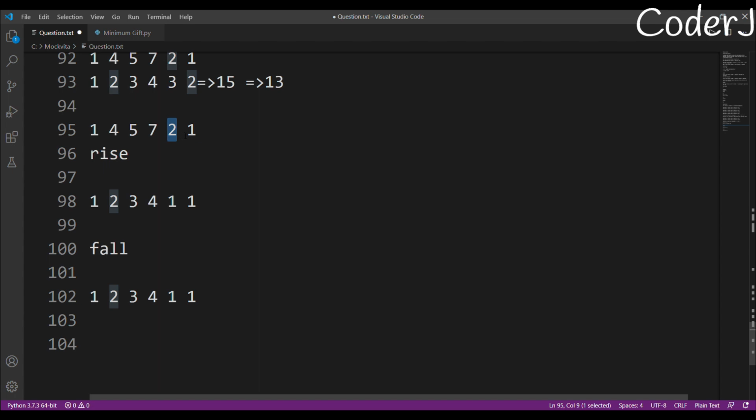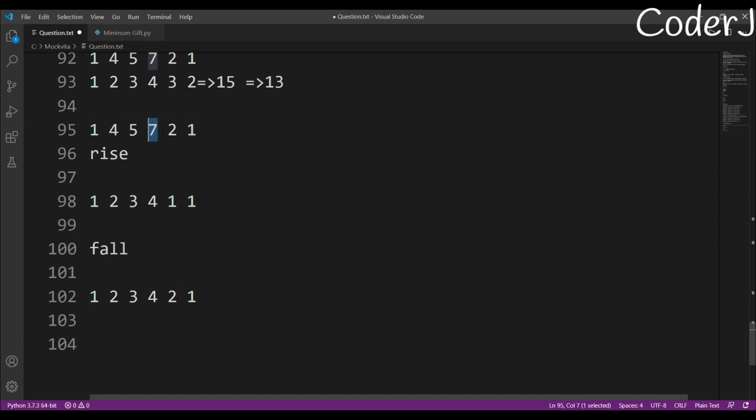2 is greater than 1, and then I check the number of gifts that this rank currently holds. Is it smaller than or equal to the next rank's? Yes, it is. Even though the rank is 2 and the rank here is 1, the number of gifts that he holds is only 1. So just take the gift count of the next element and increase it by 1. So I just increase it by 2. Done. Then I iterate backwards.